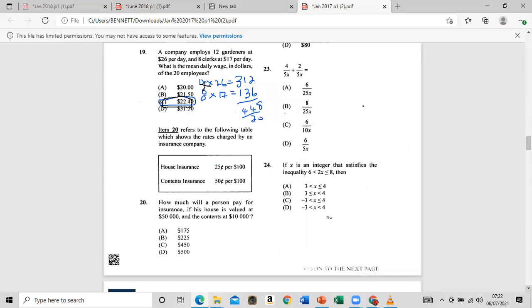Alright, so we're on to 20 now. How much would a person pay for insurance if the house is valued at 50,000 and the contents at 10,000? But remember what they gave us: a home insurance rate of 25 cents per 100. So I could find out how much it is per 100. So house, that'd be 50,000